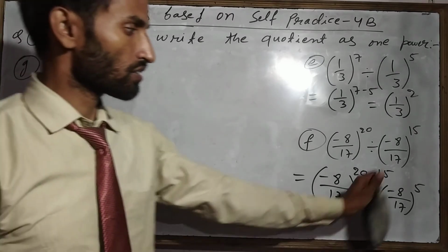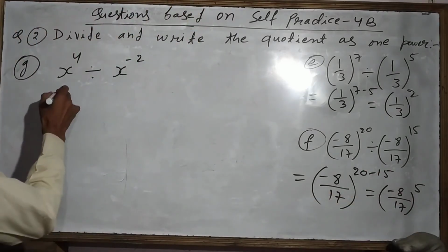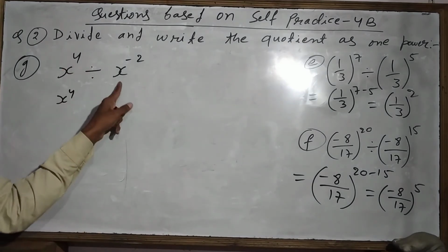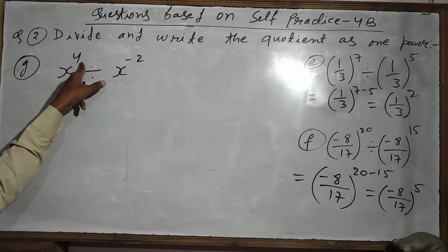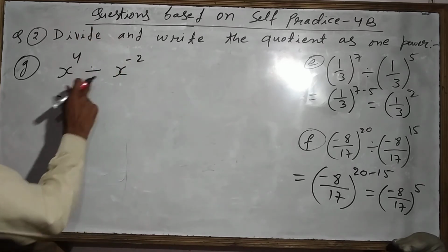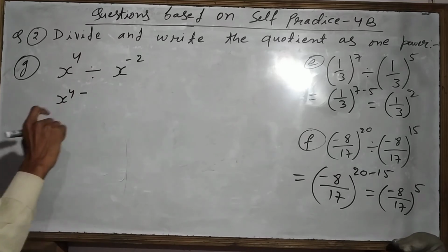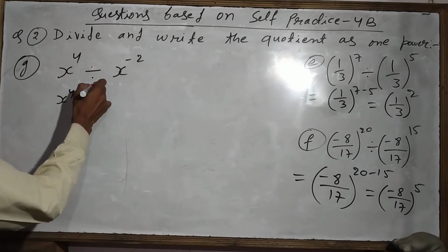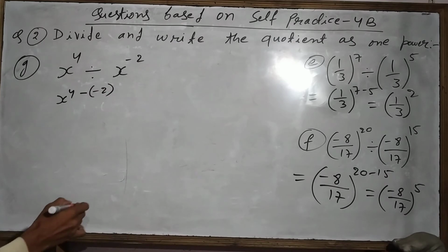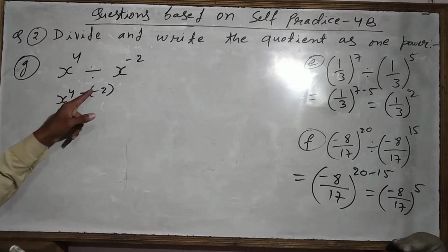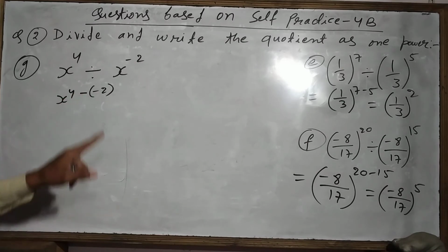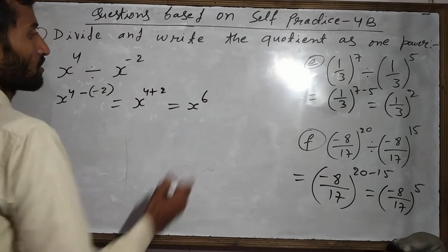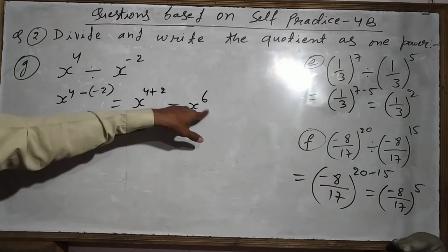So what will we do in this case? Just solve here: x power 4 divided by, both have the same base again, but here it is divide, and the power here is 4, and here the power is minus. In case of division we are subtracting, so one minus will come into play because of division, and before that a minus is also there, so just put a small bracket around minus 2 like this. Then we will remove this small bracket, minus minus will get plus. So it will come x power 4 plus 2, x power 6. And the final answer is x power 6.